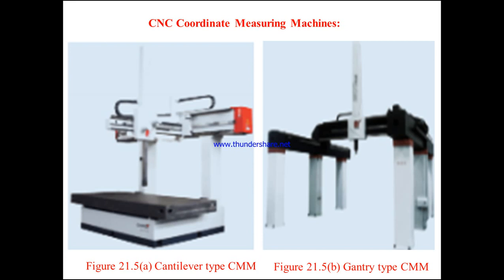So the coordinate measuring machine consists of 4 main parts, that is the machine, that is the whole machine, the measuring probe, the control system and the measuring software. For this we want a computer. For the measurement purpose we want the software. By using that software we are going to measure the dimension here. So machine, measuring probe, control system and the software are the 4 main important parts of the coordinate measuring machines.